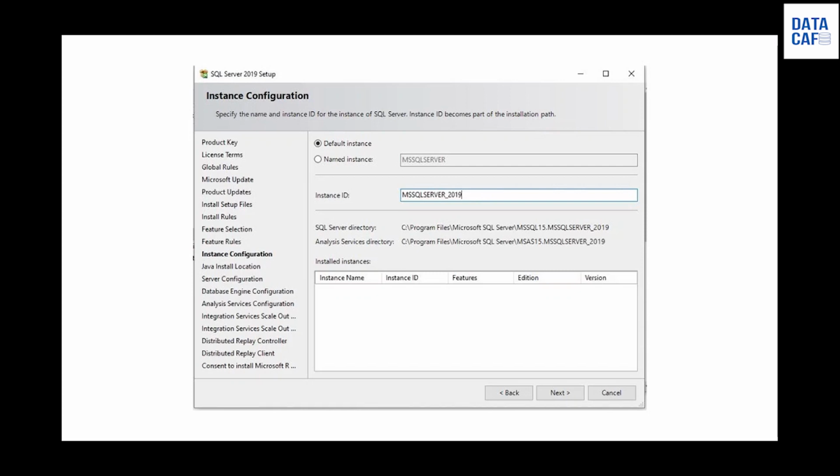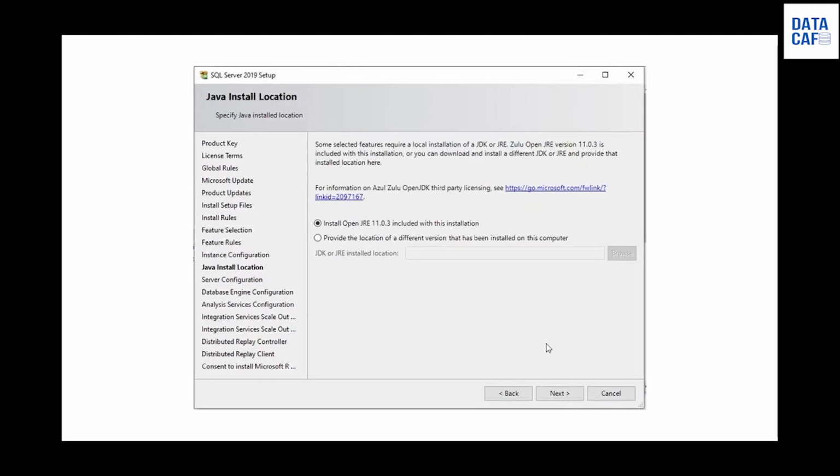So simply once you enter that one, you can click on the next button. Then in the next window, it will specify the Java installation. So if you want, you can install your JRE version, Java Runtime Environment.